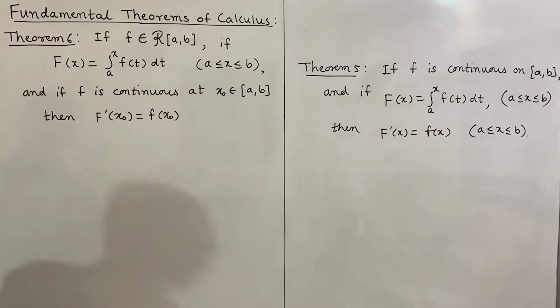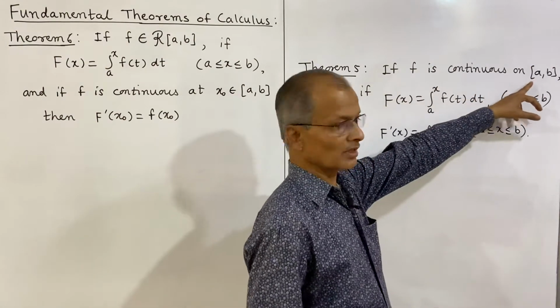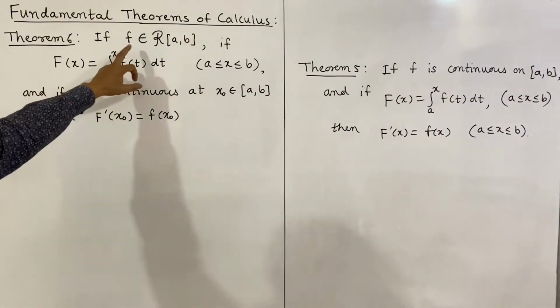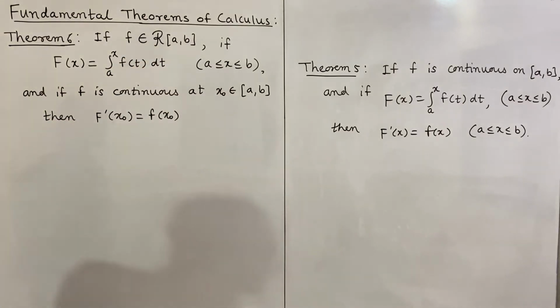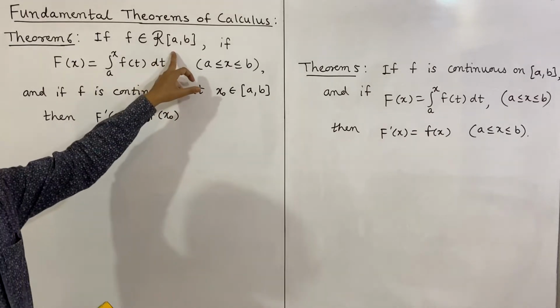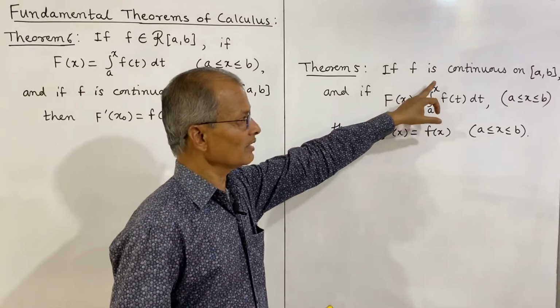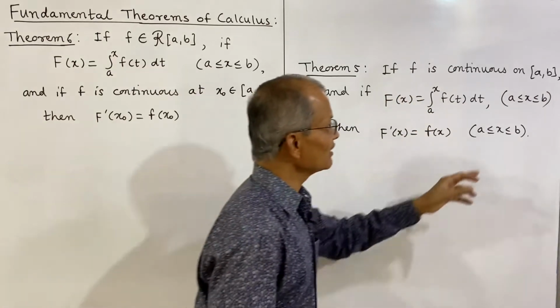You see both these statements. The first change is here: f is continuous on the closed interval [a, b], and here it is given that f is Riemann integrable on the interval [a, b]. Now, what is the difference in these two? Here f is continuous on the interval means f is continuous at every point in the interval [a, b],